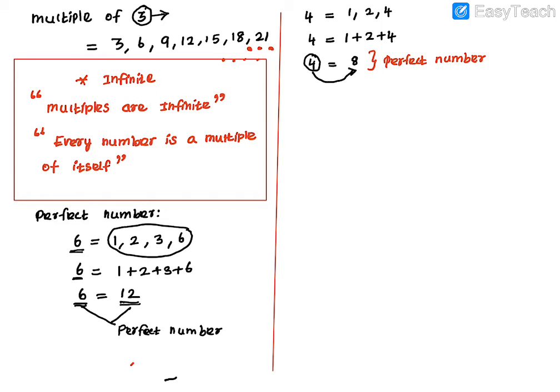Okay. If you take one more number, I cannot say all the numbers are perfect numbers. Which are the numbers? The given total should be double of that number, then it is called a perfect number. If it is not, then it's not a perfect number. Okay. So this is the fact, students. Just you have to know that.